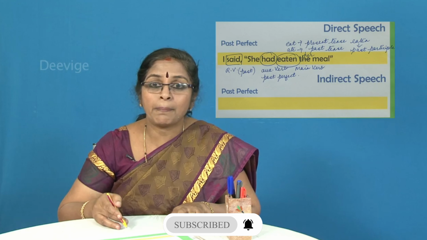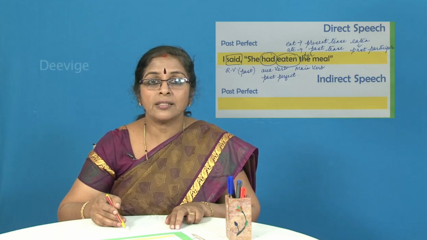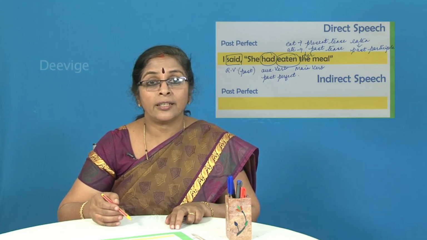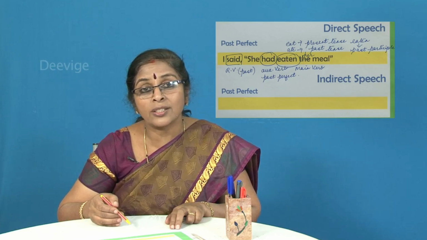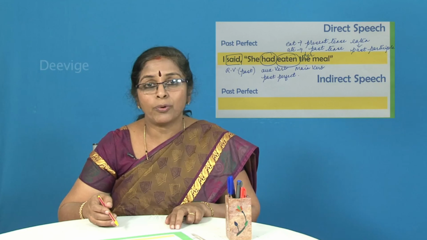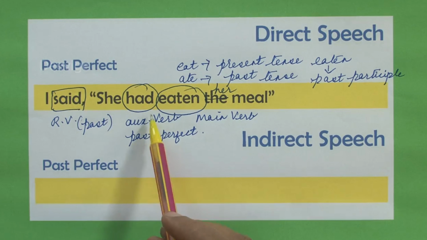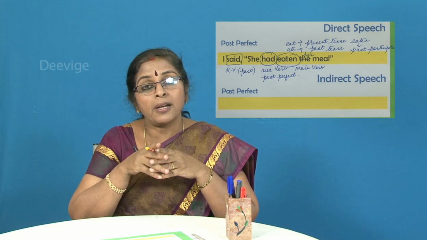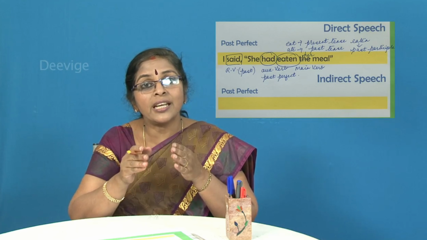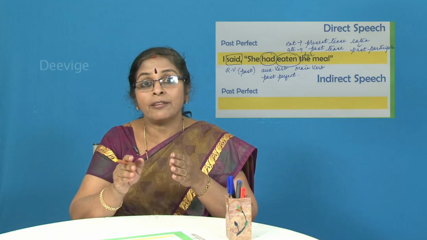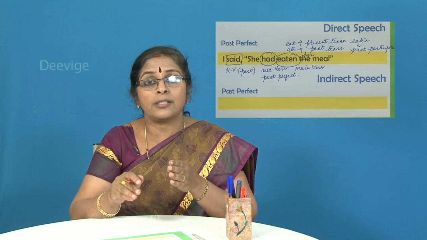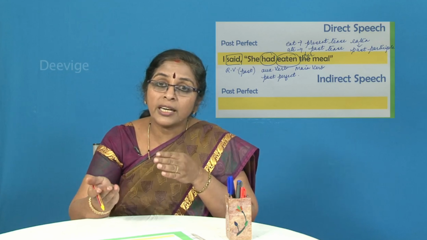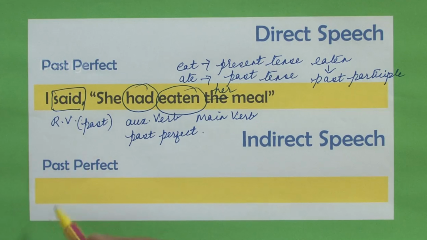Okay, now let's come back to changing this particular sentence from the direct to the indirect. What is the indirect speech also known as, students? It is known as the reported speech. Okay, so the sentence that has been given to us in the direct speech is already in the past perfect. So, if it is already in the past perfect, it will be retained in the past perfect itself when you change it from direct to indirect. So, let's go about writing the sentence in the indirect speech.